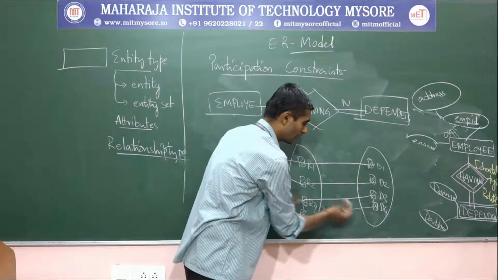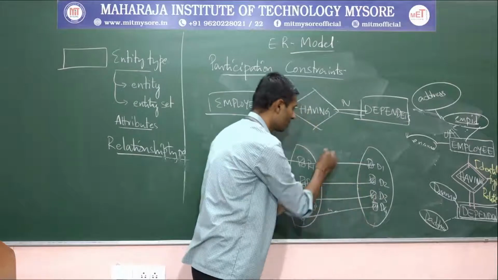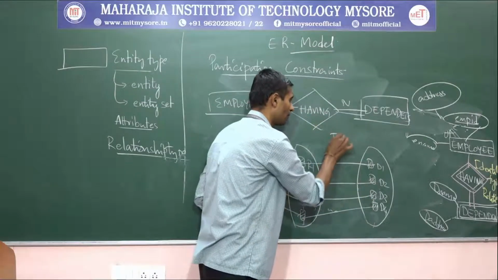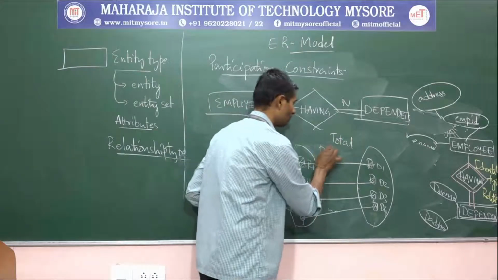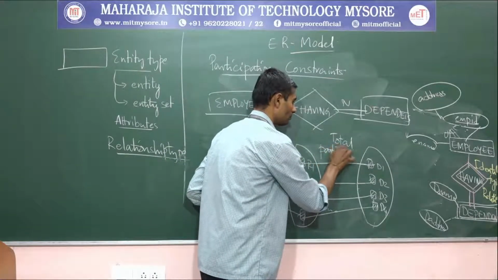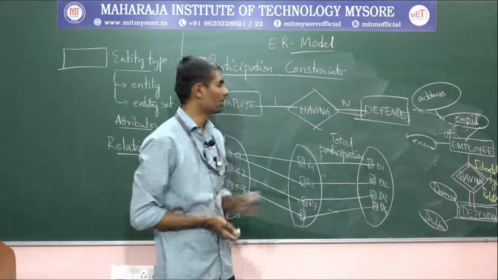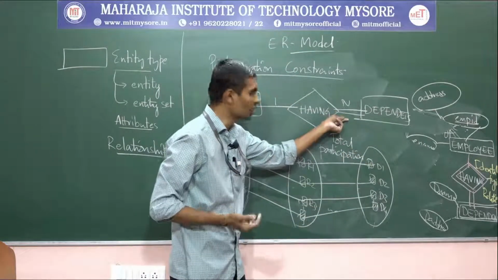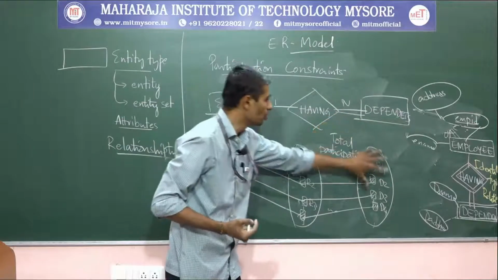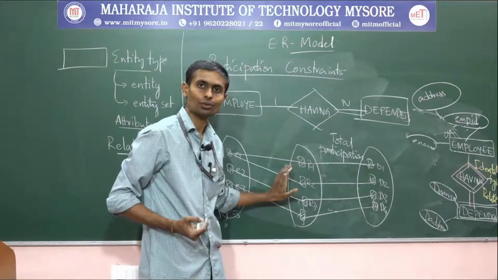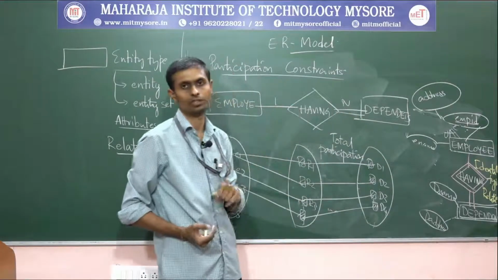So for this kind of participation, no one is left out here, right? All instances are participated, and this kind of participation we call by the name what? Total participation. And this total participation is shown with a notation in the ER model with the help of what? Two lines. Two lines indicate that all instances are associated and participate here with this entity type through this relationship type.